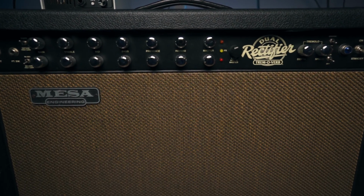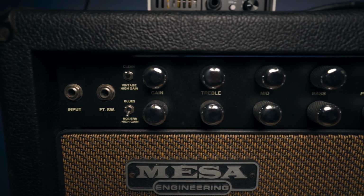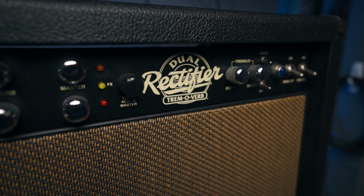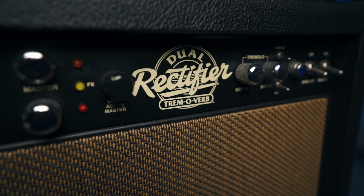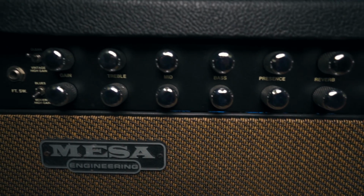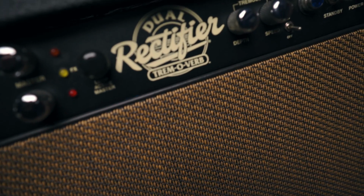So some specifications for the amp. It first left the factory on the 1st of October in 1998. The previous owner toured around the USA, so I'm told, so the amp actually came with a flight case as well, which is pretty cool. So this is one of Mesa Boogie's early incarnations of the dual rectifier, and it's a 2-channel amp, so there's